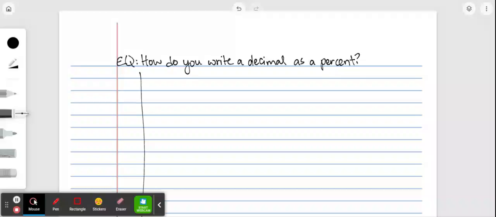Alright, beautiful people. So yesterday we talked about how to take a percent and write it as a decimal. Today our central question is, how do you write a decimal as a percent? So this time we're going to start with decimals and move to percents. A few things that I want to remind us of